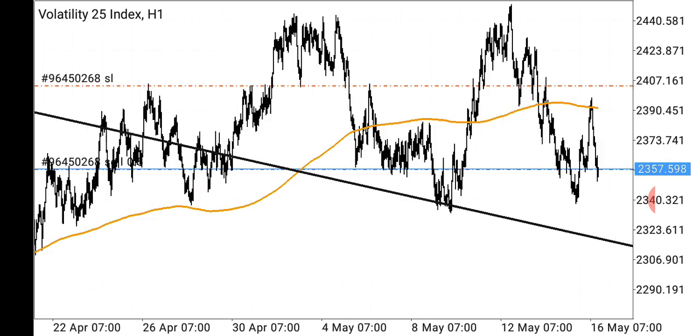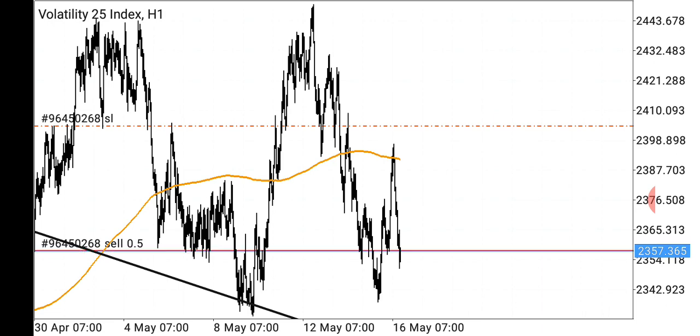As you can see here already, it has been consolidating, but the market has given us a clear sell trade already. So if you are going in, you should understand what I just said. Use what you know also to make profit in the market. So remain blessed for now.